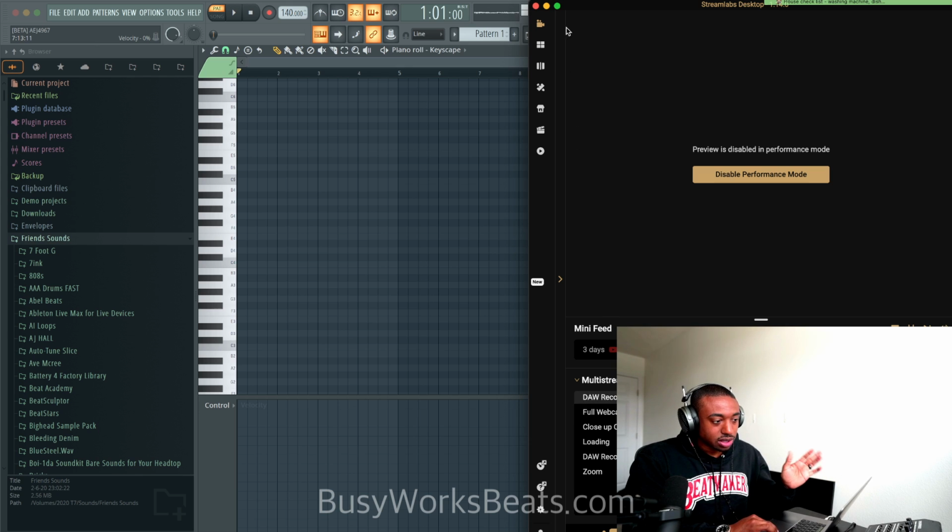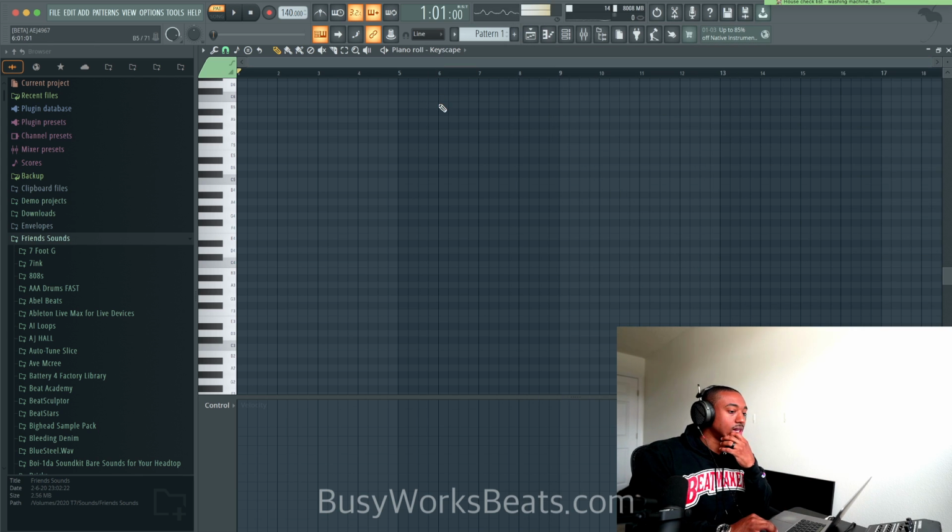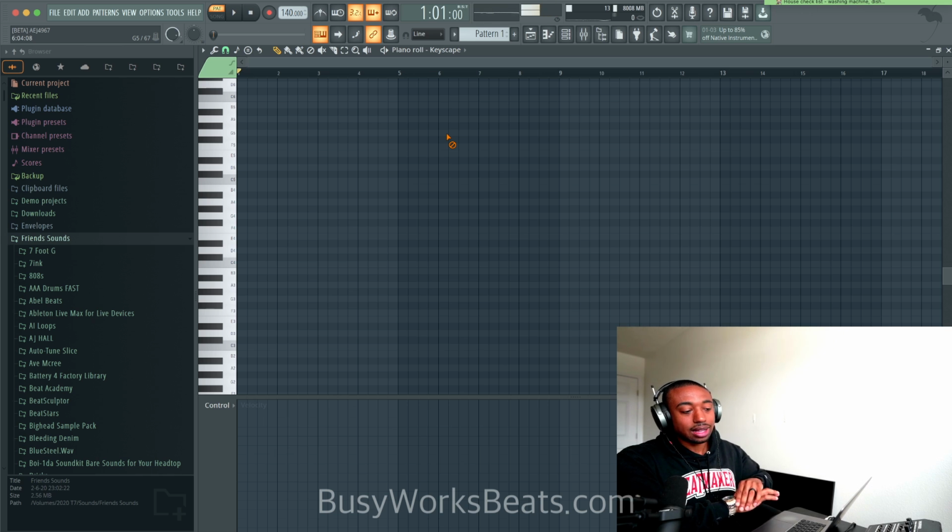Today we're going to look at the new FL Studio 21.3 update called the Chord Generation Tool. Let's hop straight into it. So I'm still trying to figure out the best way to use this. It is a little tricky. I'm not going to act like this is the easiest tool ever, but at least we have a new tool.